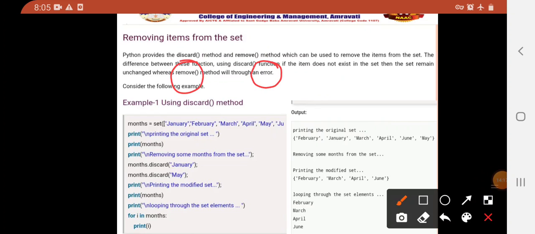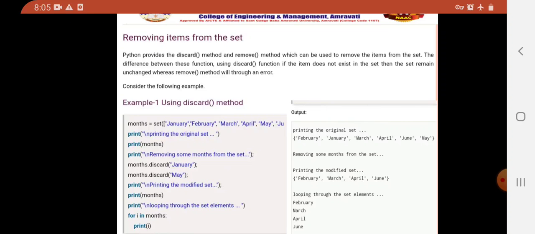So discard नहीं देगा, but the remove function will give the error if a particular element is not present inside the set.